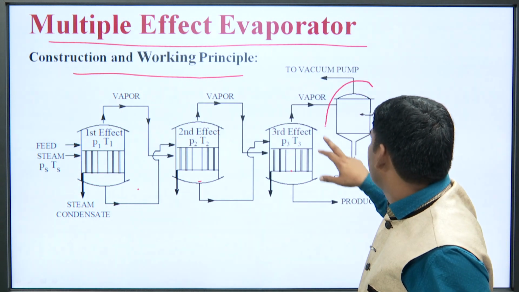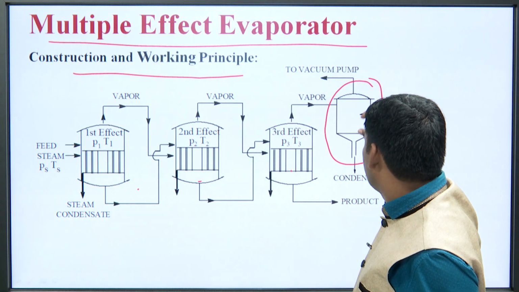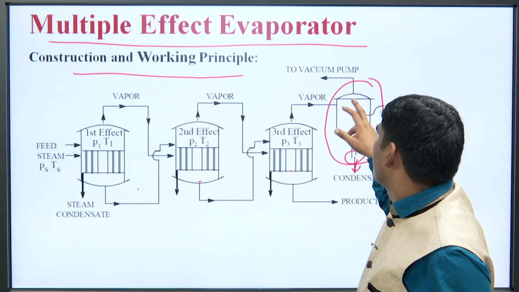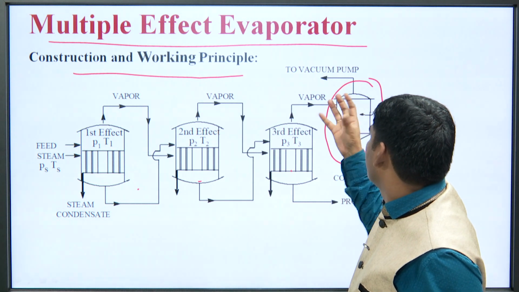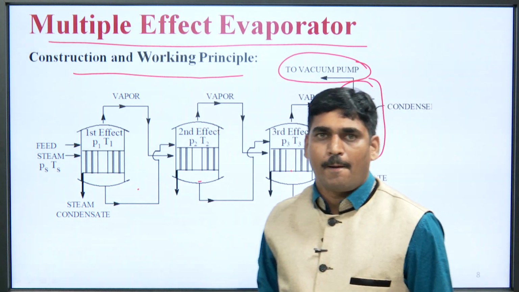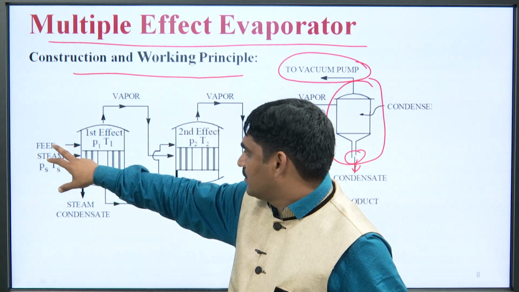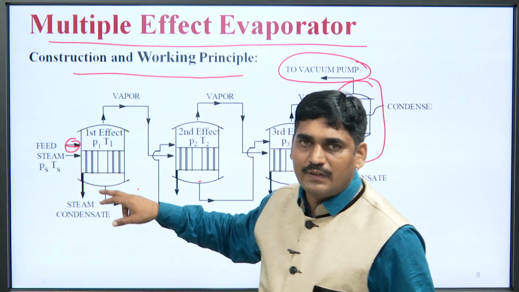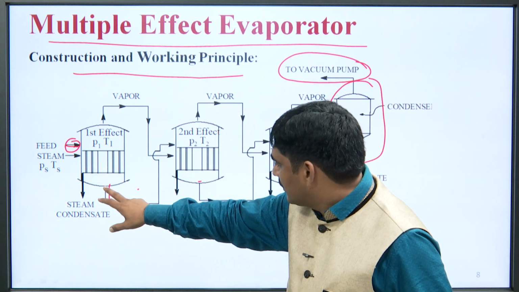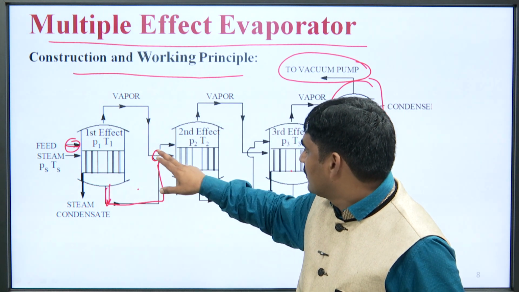And finally, this evaporator is connected to a separator where the vapor gets condensed and the condensate can be collected from the bottom of the container, and from the top, if the vapor does not get condensed, then it is supplied to the vacuum pump. Okay. So, from this portion here an inlet is there for feed, from the bottom the product is collected. So, here the product or concentrated liquid which is coming out,